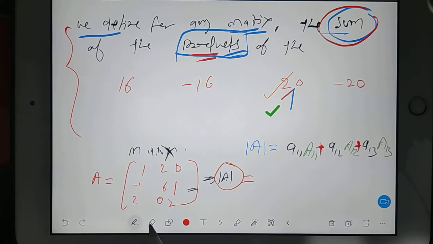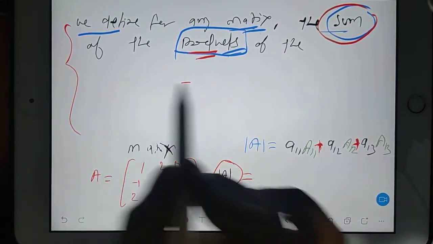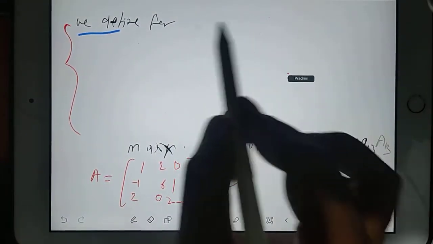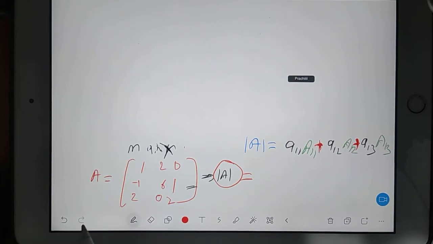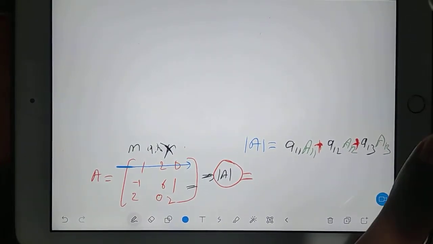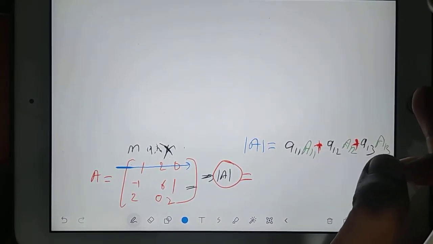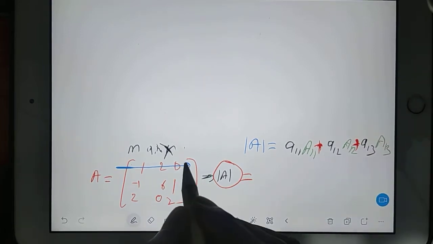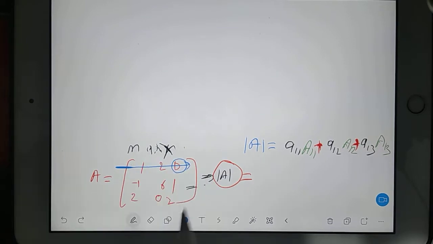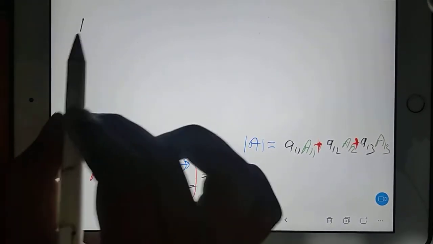And if some students have forgotten how to find the determinant, then I will teach you. Plus 20 is the correct answer. See, you can do it in this way. If you are finding the determinant, you should follow that row or that column in which you have the maximum number of zeros. So here I have a 0 in this row, so I am choosing this. Or I can also choose this column, but no problem. And always keep in mind, plus sign, minus sign, plus sign. Now choose 1, then put a bracket.